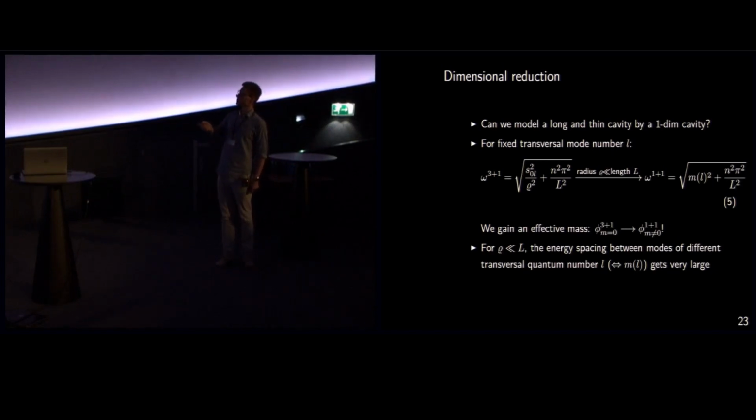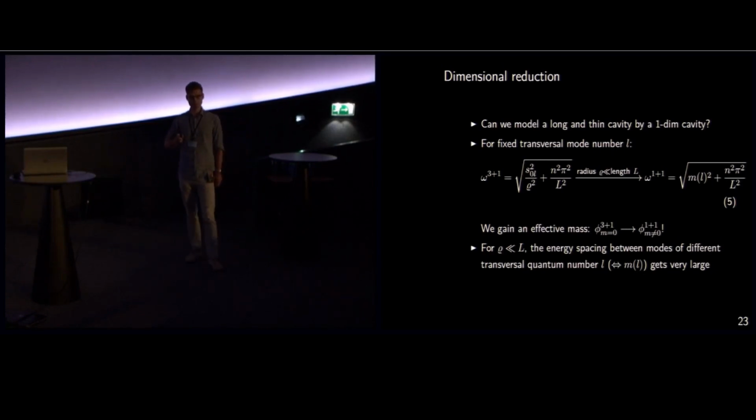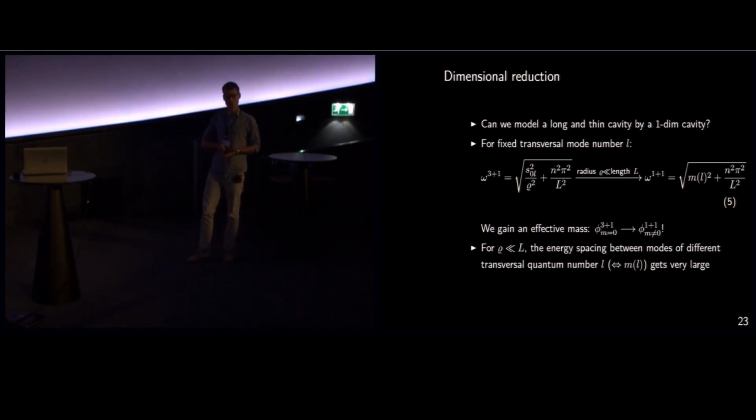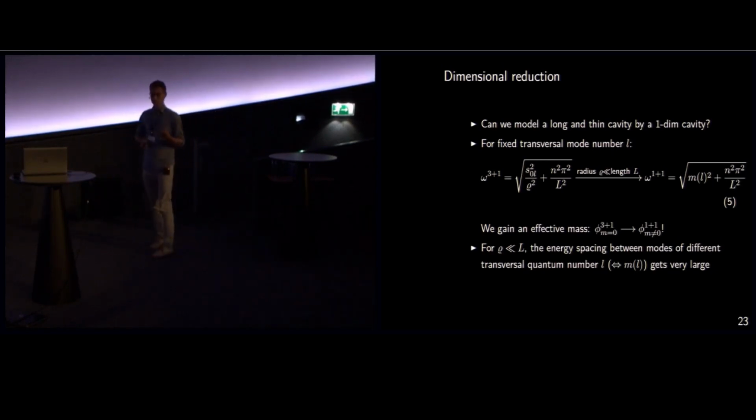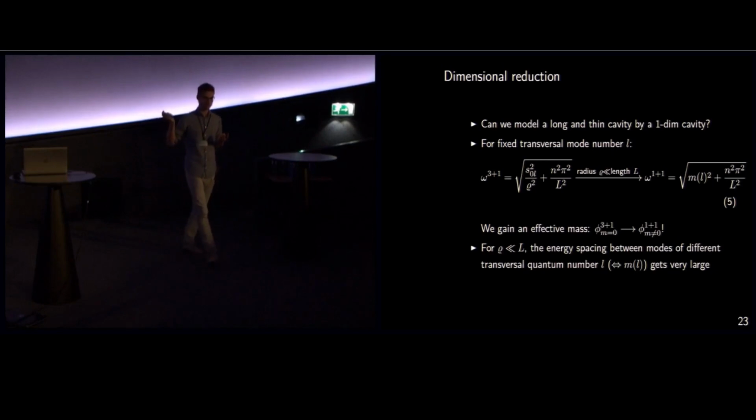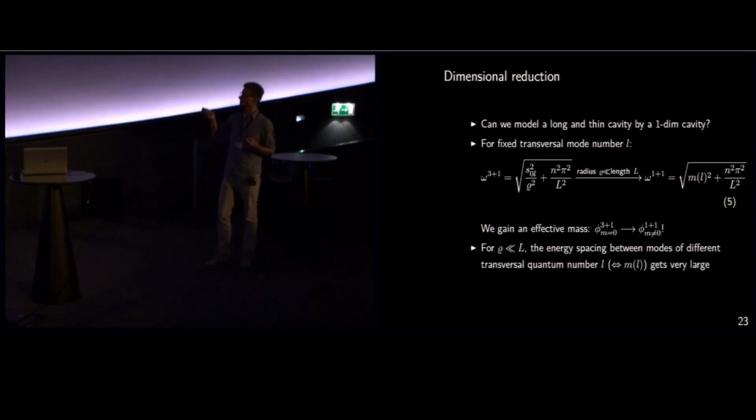And we look at the frequencies of the field modes for fixed transversal mode number L, and we take the limit, and we get an effective mass. So first of all, we start out with a massless scalar field in 3+1 dimensions. If we take the limit, then we would expect to have a massive field in 1+1 dimensions. So this is already introducing a mass. So we cannot model something higher dimensional by a massless scalar field. And then the